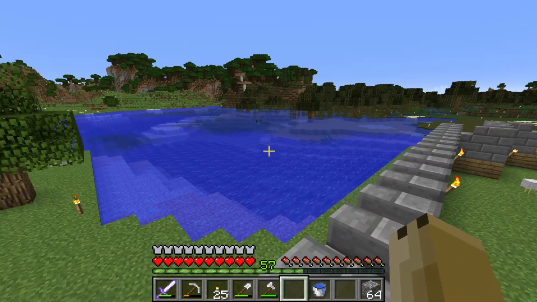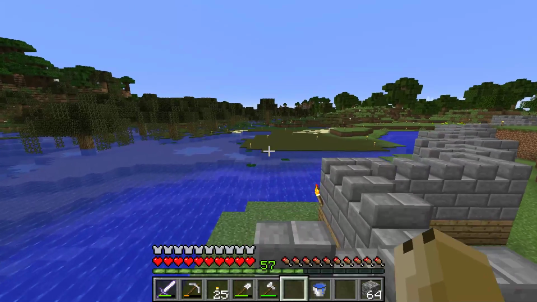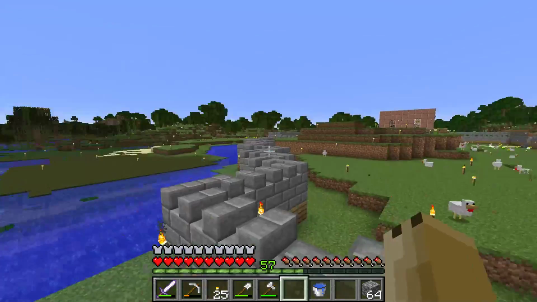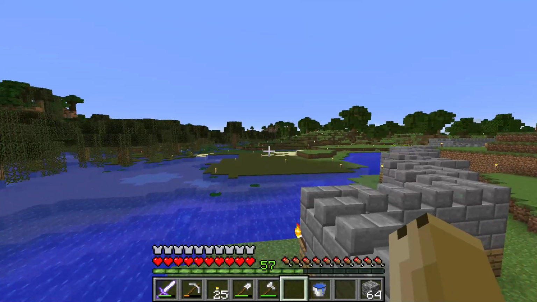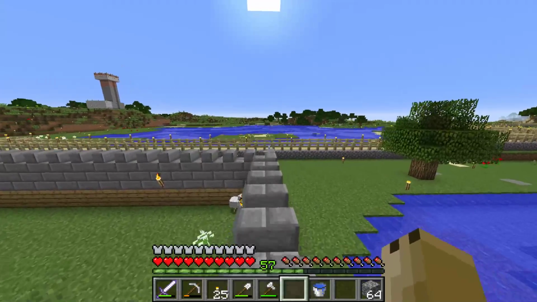I always enjoy when you take it off peaceful. You got these large slime balls bouncing around here, and it's great. You just get your bow out, and they're great for long-range target practice. A lot of times I will hunt mobs just to